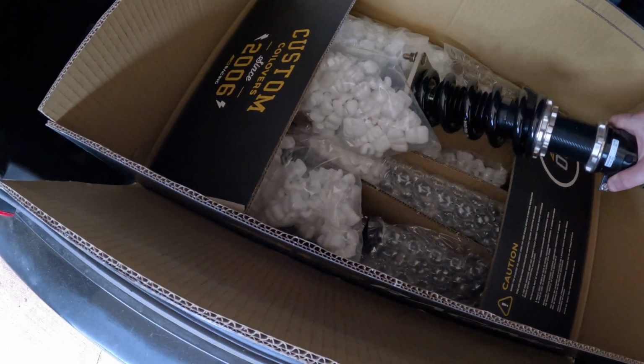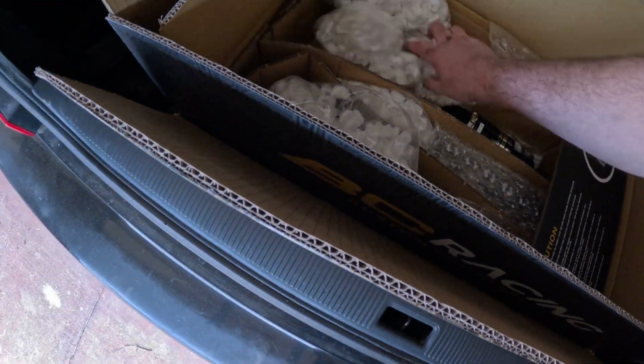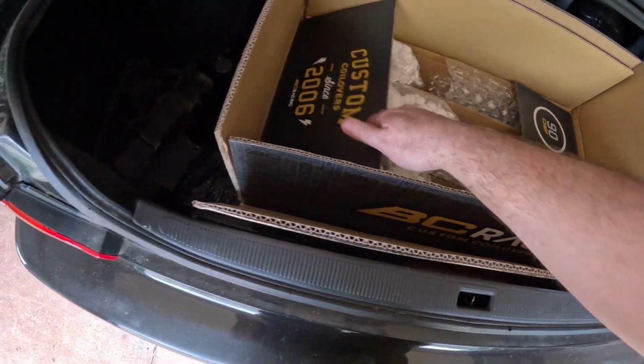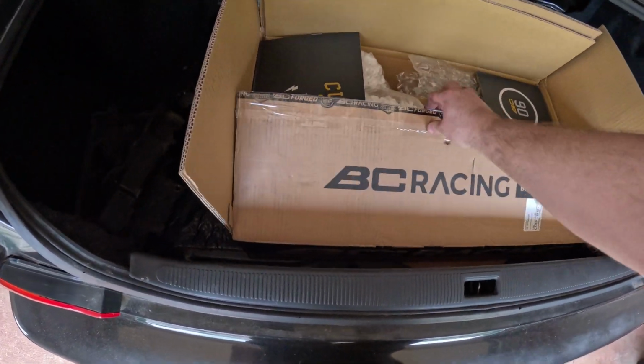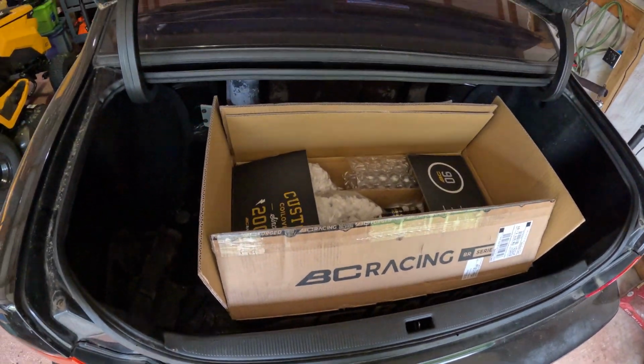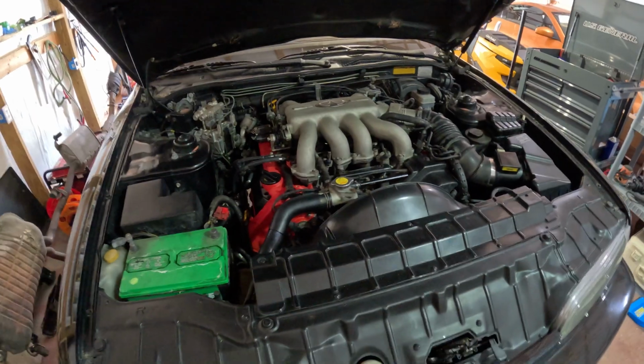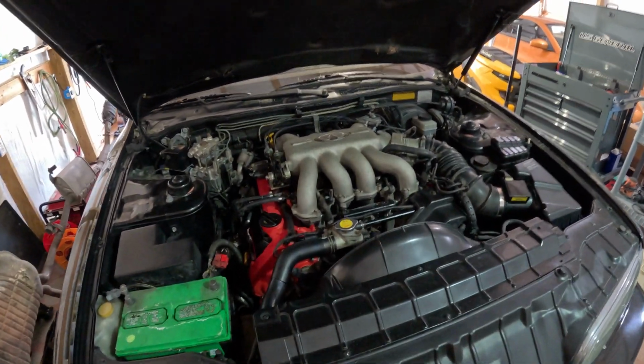And I'll be using an adapter plate to get the 5-speed to adapt to the VH45. But I think the gearing on the 5-speed is a little bit better. You can also use a 350Z or a G35 6-speed manual transmission, but I think the Z32 just packages slightly